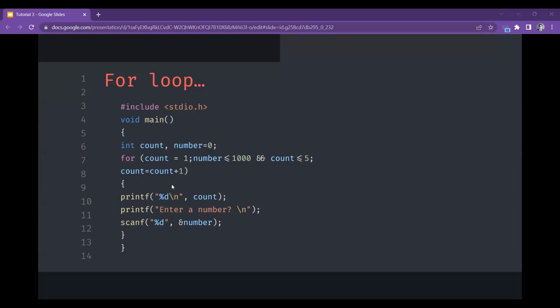So in this one, there is a variable called count and number. So count is initialized to 1, and number. So this has another different variable here. These two are different. It can be done. Only we need to have a condition. Number should be less than or equal to 1000, and we have put a condition as an